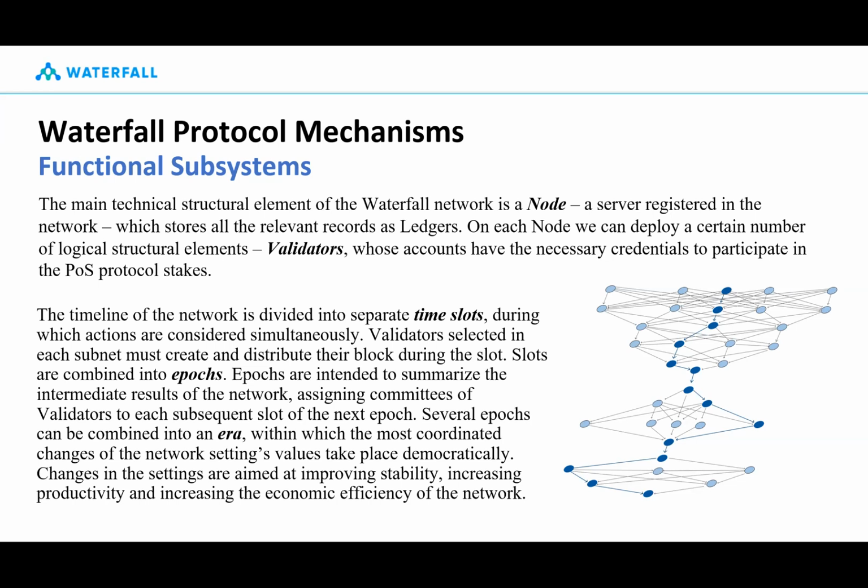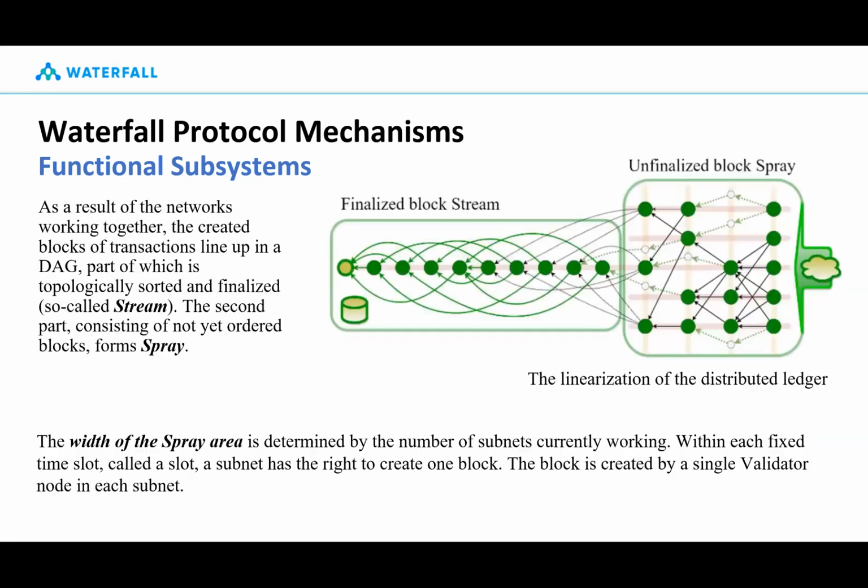There are multiple levels of Waterfall, which could be referenced partially as a similar approach to Ethereum 1.0, 2.0, 3.0. So we do have this long roadmap, but even in the current initial implementation, we can achieve a high level of scalability. Network nodes collaborate to create blocks of transactions lined up in a DAG, and part of the DAG is sorted to finalize